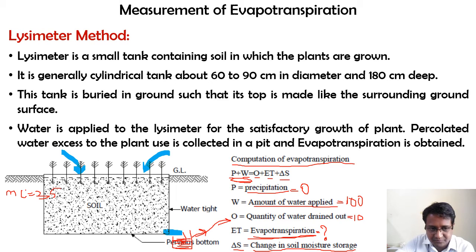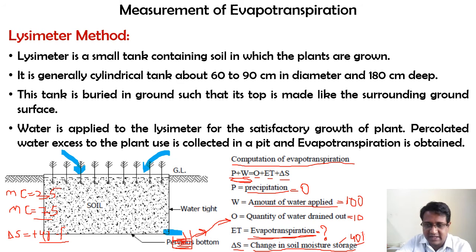Yeah, so after this particular experimentation has been done, imagine the amount of moisture content of the soil is 75%. So at that point of time, your delta S value will be how much? It is plus 40%. Yeah, so it will be plus 40%. So for this case it is going to be 40%. This percentage you can convert into liters with the help of a bit of calculation.